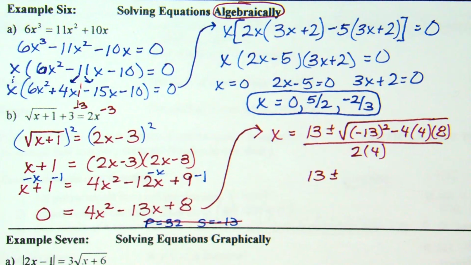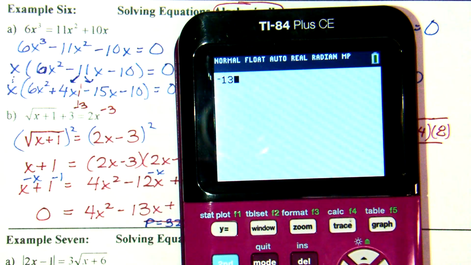negative 13 squared. What do you know about negative 13 squared without even grabbing the calculator? It's going to be a positive, yes? I still have people trying to tell me it's a negative. So, I'm going to get my calculator. Yeah, whenever you put in negative 13 squared, it puts it as negative 169. Okay,